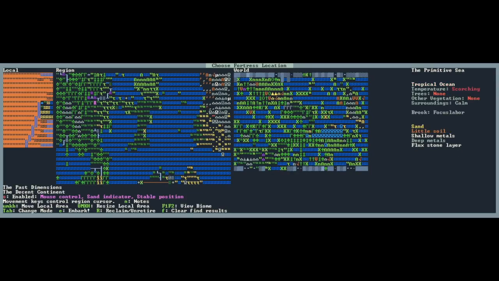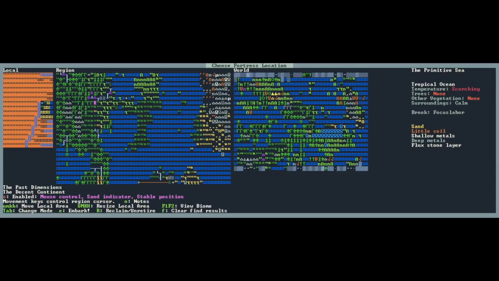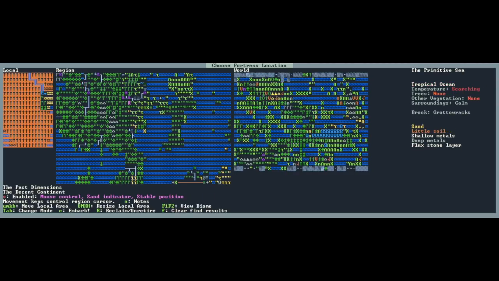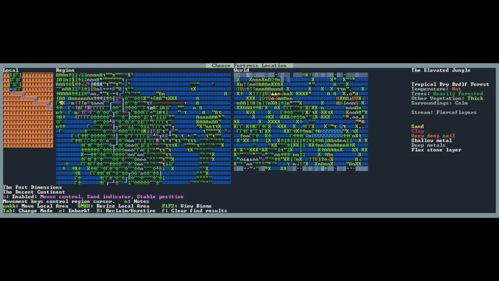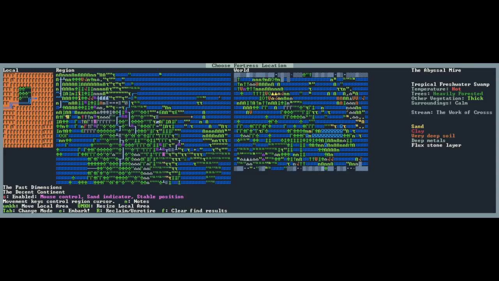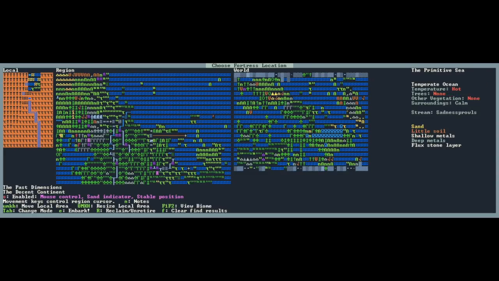So let's see. Over here in the confident swamp, where the temperature is scorching, there are no trees, no other vegetation, the surroundings are calm. I don't think that is the place for us. What about down here by the water? It's all very scorching here. I'm just kind of exploring these flashing green X's. You see, that is an